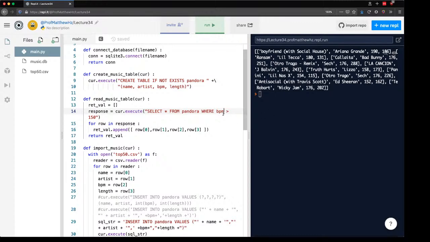But this is one nice thing that databases get us that we can't do with a CSV file. We don't have to do any of this checking. We're just going to type that in. We could even add things together. We can say, I want the beats per minute to be greater than 150, and we'll say the length should be less than 200. So you can see that the